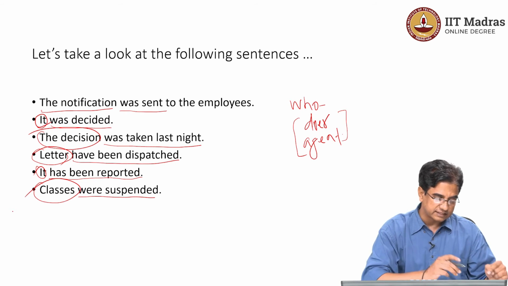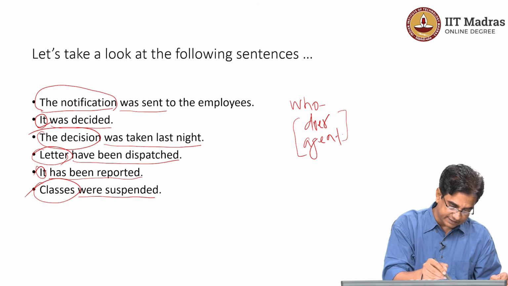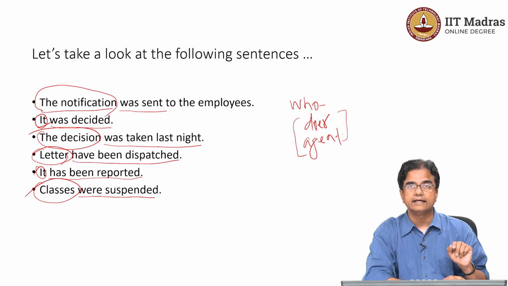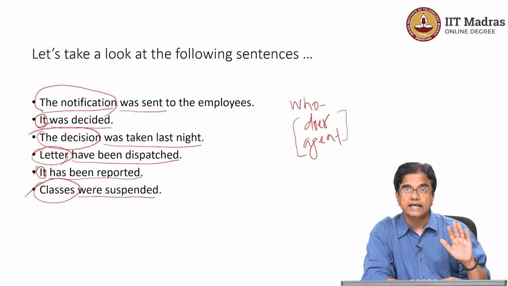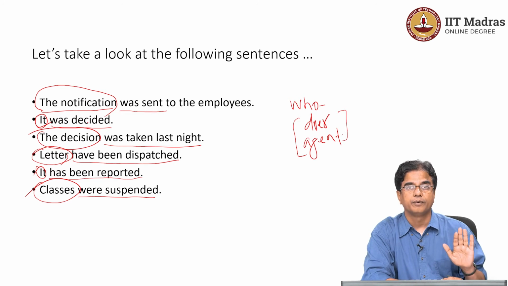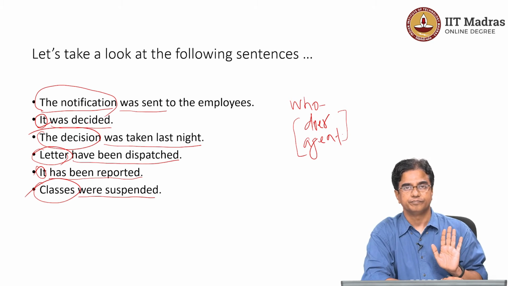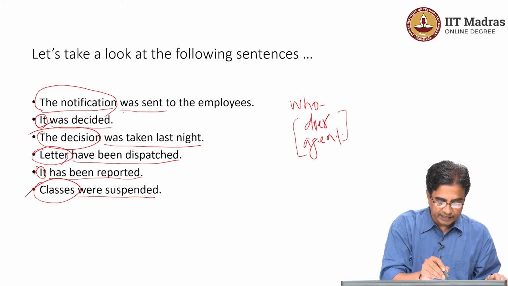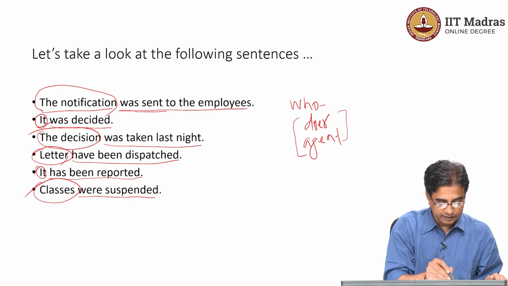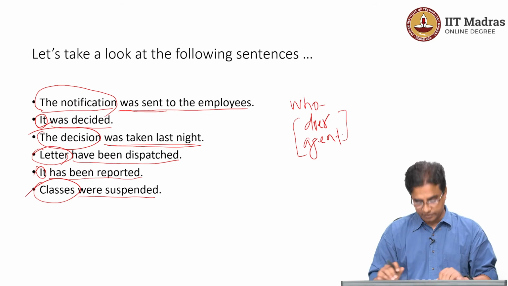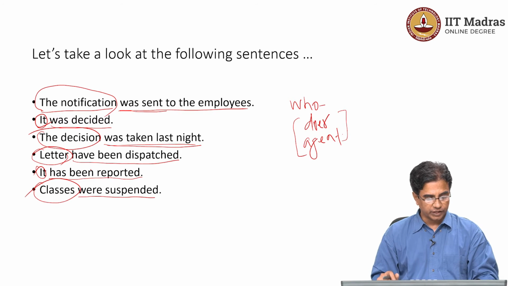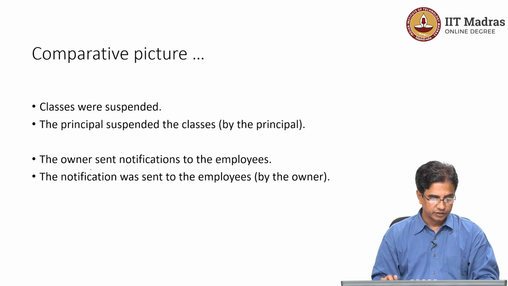All these things that I have circled become the subject; they are the subjects of passive sentences. So keep that in mind, and the rest of the sentence is the predicate for passive sentences. This part we need to know. Now, when we move further, we see